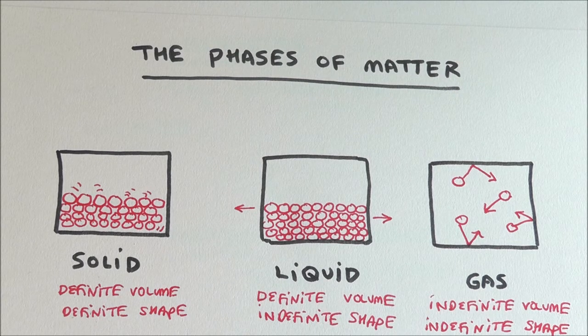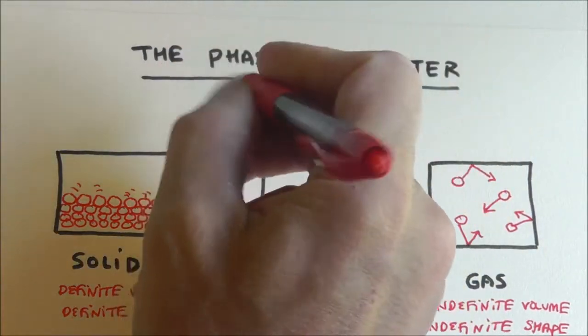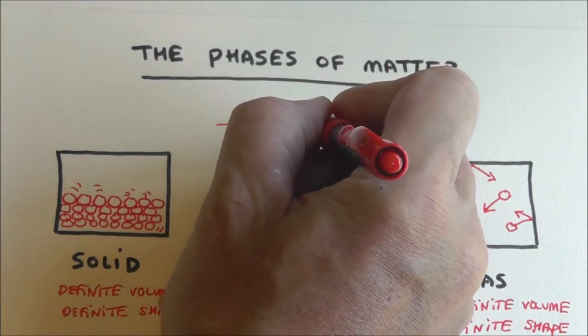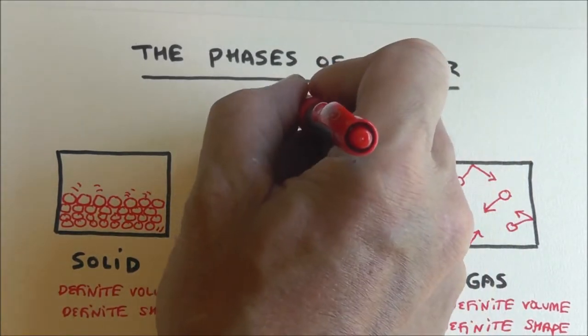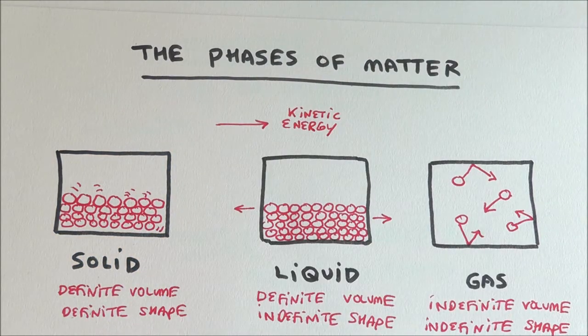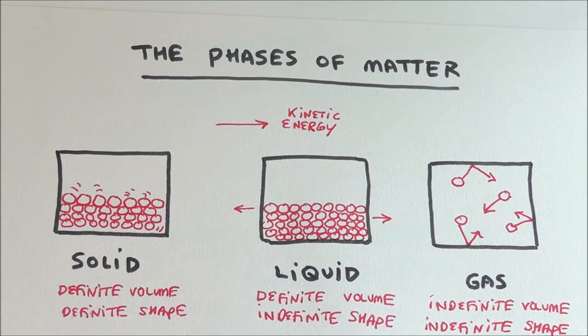All right. Now here's what's going on. How do you get back and forth between the three phases? Well, what will do that for you is energy. So, for example, I could take an ice cube, and let's say energy is going to increase this way. That's increasing energy, and actually we call it kinetic energy, the energy of motion.